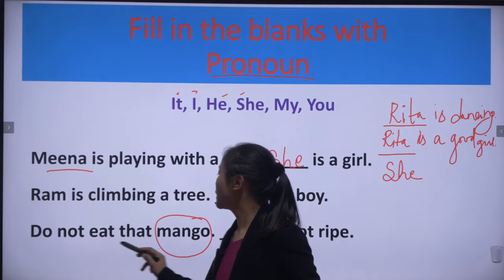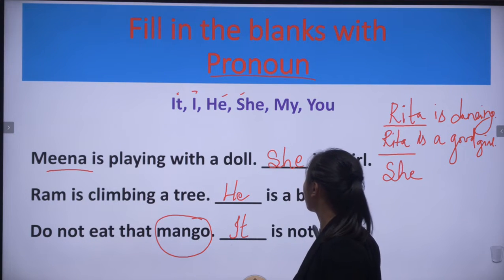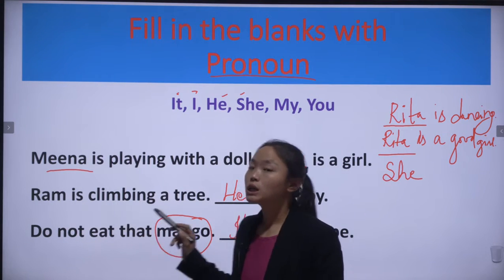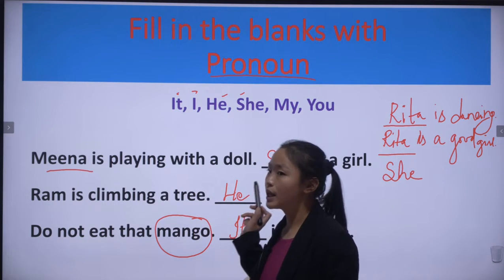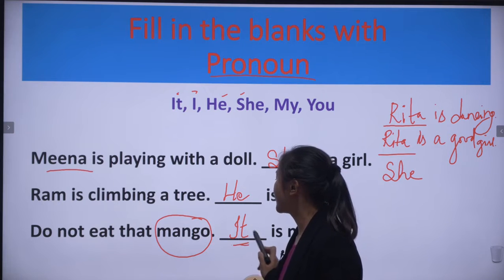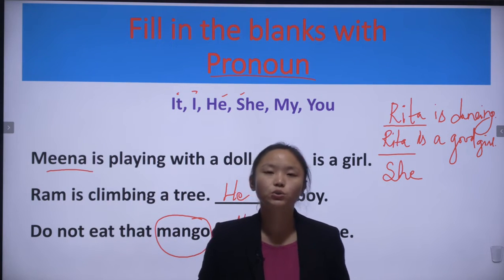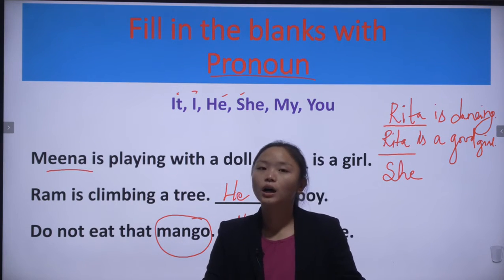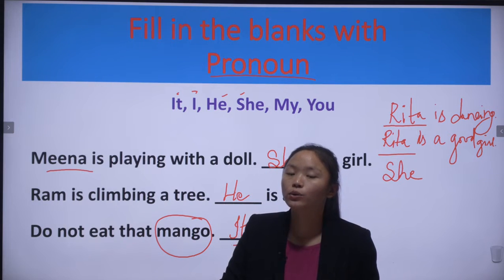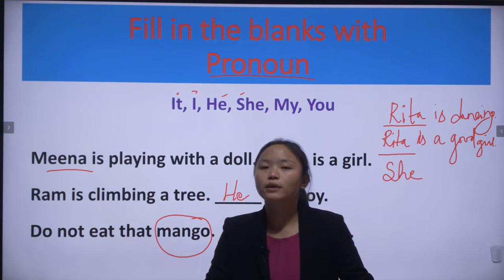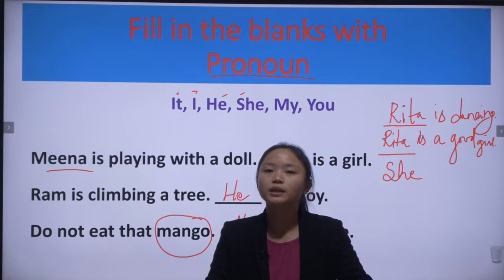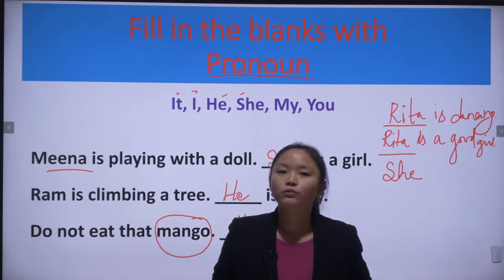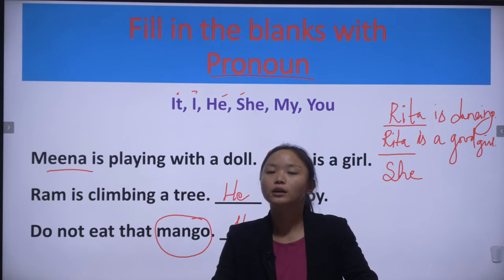Like this, do not eat that mango, and again mango is not ripe. We don't write this again and again, mango. Instead of mango we will use it. So have you understood what I said? We have to use pronoun instead of noun when we are saying the same